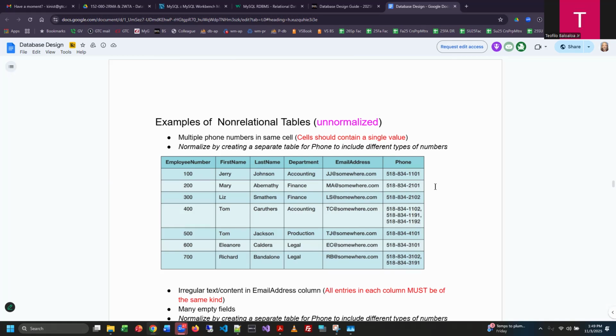Another thing that they talk about is what an unnormalized table looks like. Why is this one unnormalized? Well, if you look at the phone number column, some of the entries have multiple phone numbers in the phone number column. And their point is you should just have a phone table then, right? Otherwise, how do I get all the phone numbers in if it only allows you to enter one phone number? Do I really want to have a collection of phone numbers in there? Probably not, right? So that would be considered